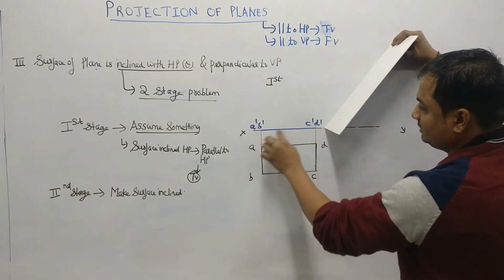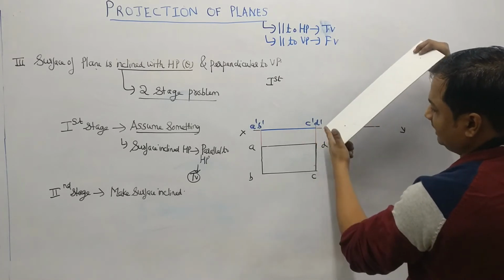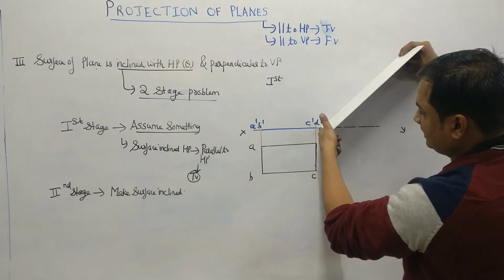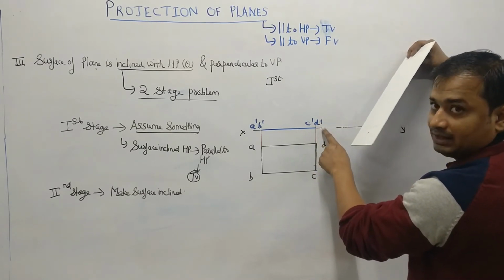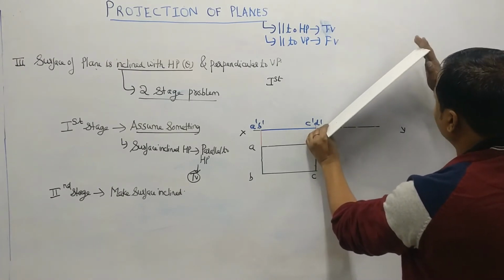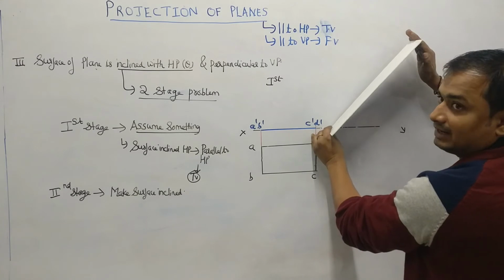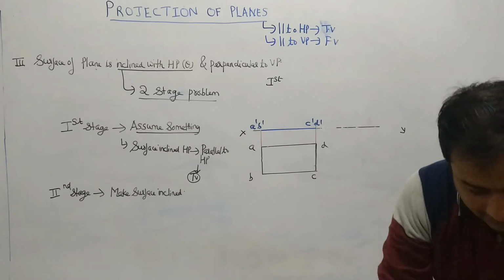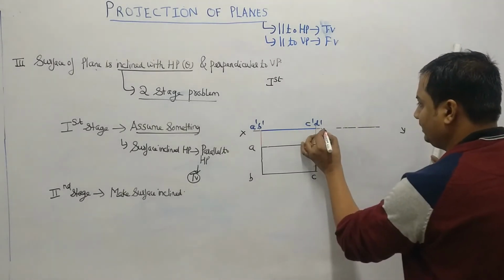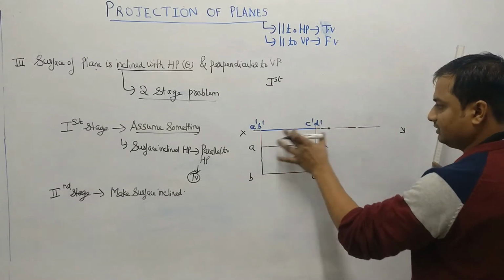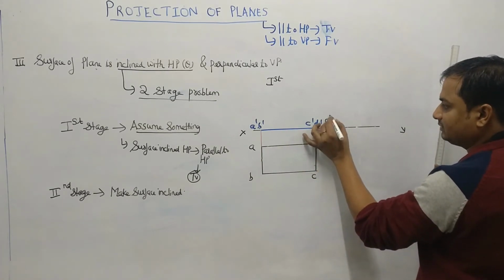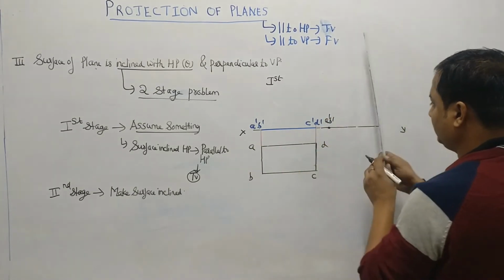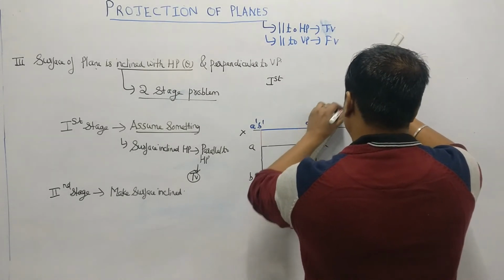So you can see here, if this is my A, B, C and D, and this is my A dash, B dash, then when the surface is inclined, A dash, B dash will be on XY. A dash, B dash will be here only, and this C dash, D dash is going to be on the top, on that inclined line. So I am going to now turn it like this with an angle of 45 degrees. This is the step of construction also. Take any point on the right of this first stage. Now you have to name it A dash, B dash, because this point will be on XY, because you are going to just tilt by means of this side. Okay, now draw a line of 45 degrees.